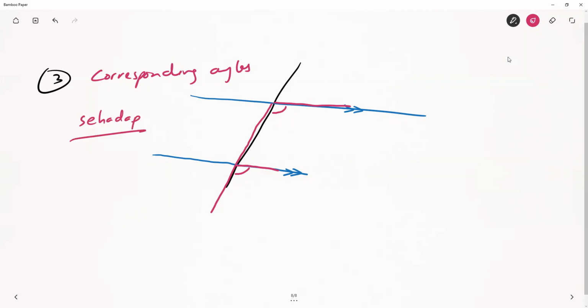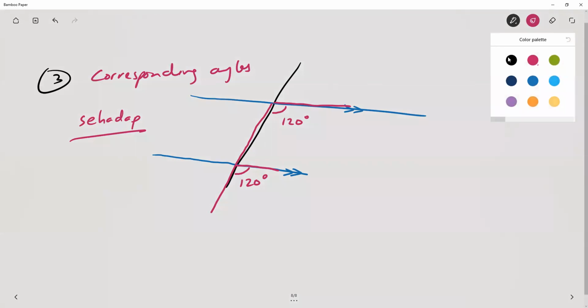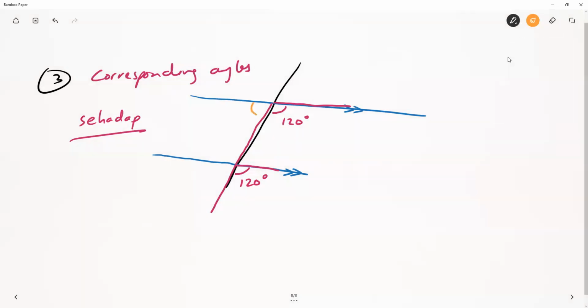Okay, so for example, if this angle is 120, therefore this also equals 120. And you see, we can also find the other corresponding angle. For example, this one and this one, they are also corresponding. So in this case, they are 60 and 60 because this 60 is the supplement of 180, okay? So it's corresponding angle. Now, the fourth property, we have something so-called the alternate